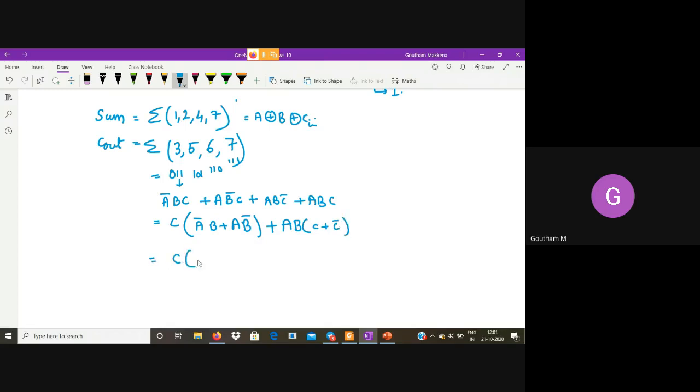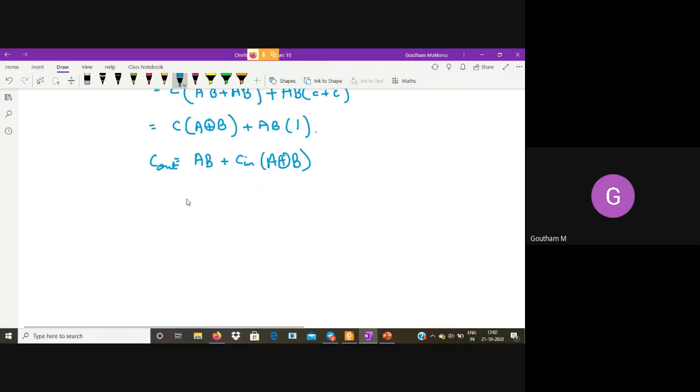So this is nothing but C into A bar B plus AB bar, which is A XOR B, plus AB into C plus C bar. C plus C bar is 1. So carry out can also be written as AB plus C into A XOR B, and sum is equal to A XOR B XOR C.